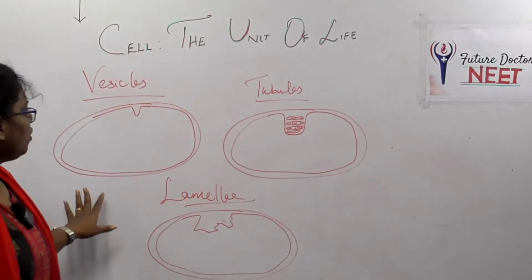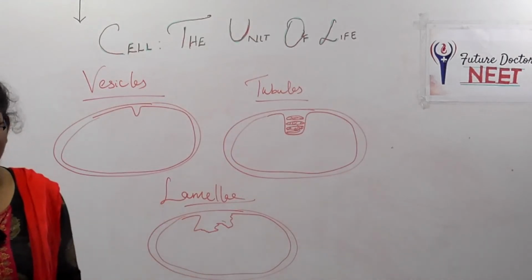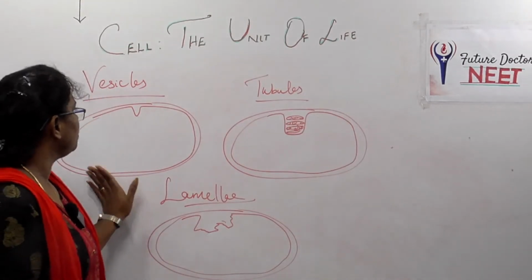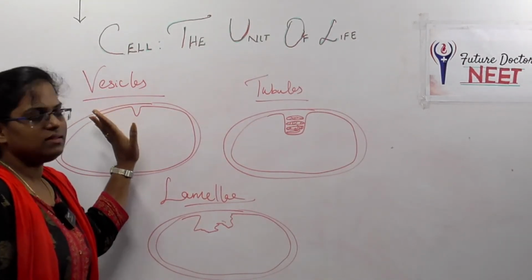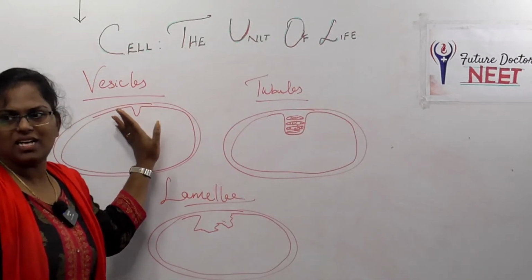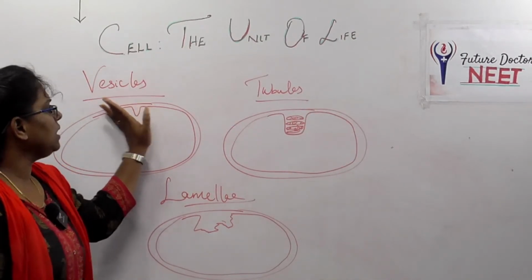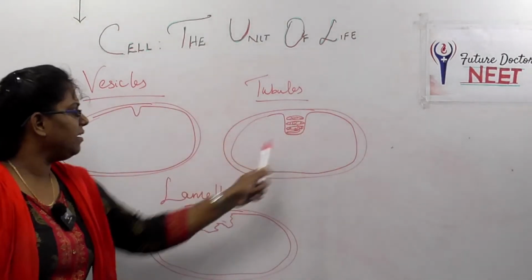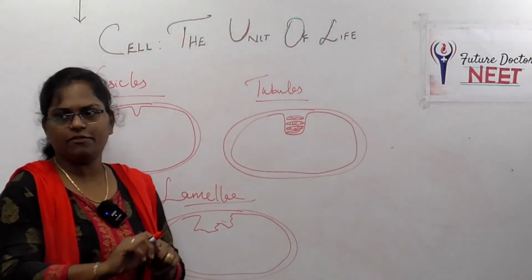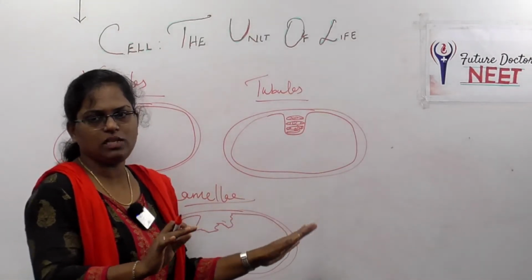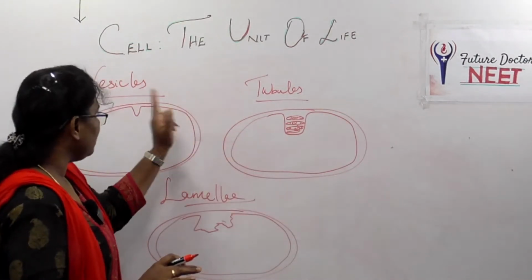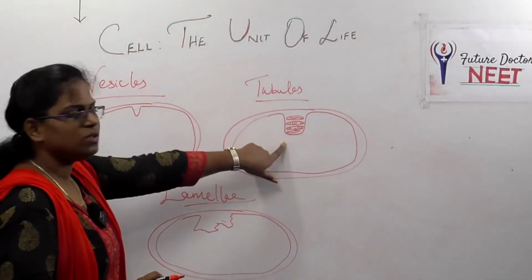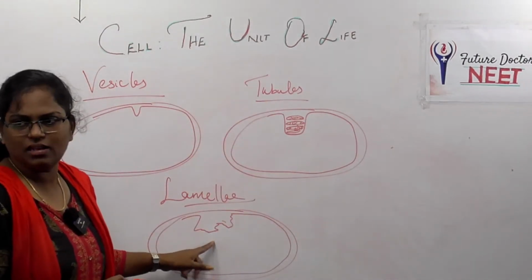Okay. Can you all able to see the board? So next, this is the mesosome. Mesosome is having some modification, that is some extensions of plasma membrane: vesicles, tubules and lamellae. Vesicle is this shape. The infolding will be here. The cell membrane's infolding structure is called mesosomes. This is a vesicle structure and tubule structure, and this is a lamellae. It is an irregular shape.